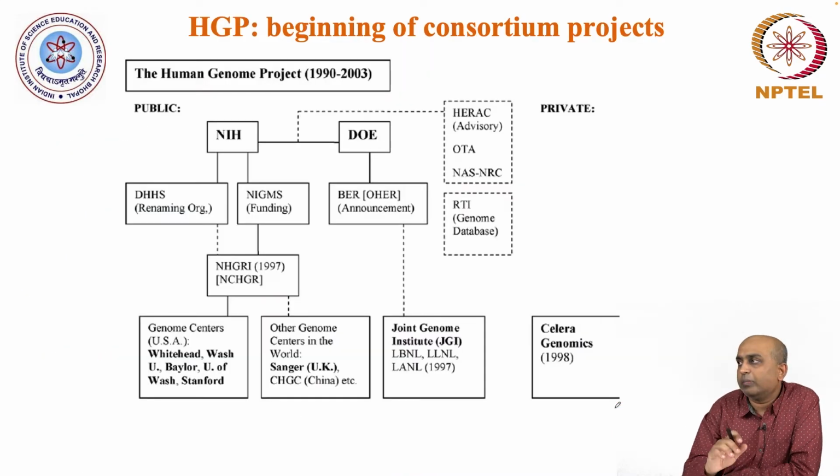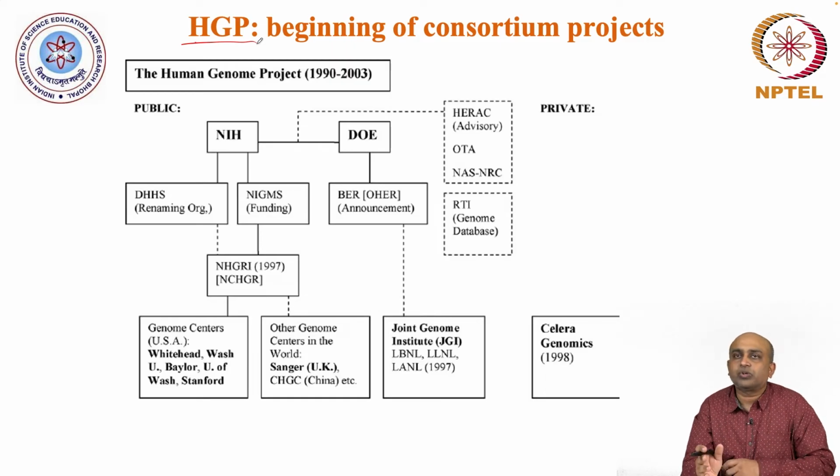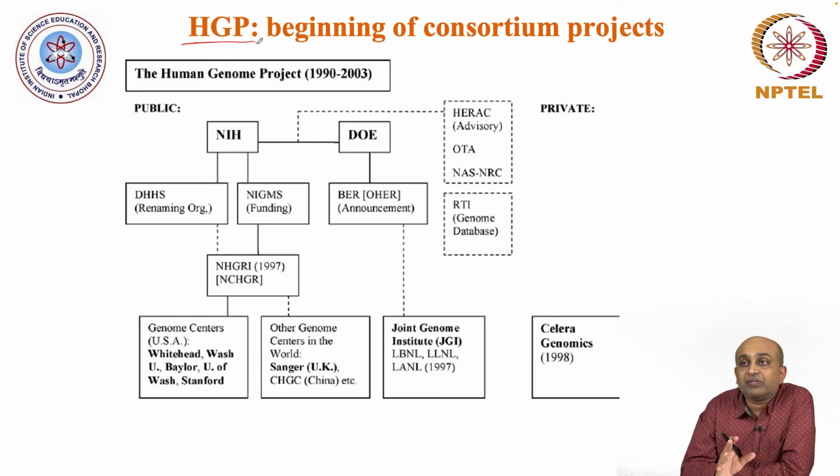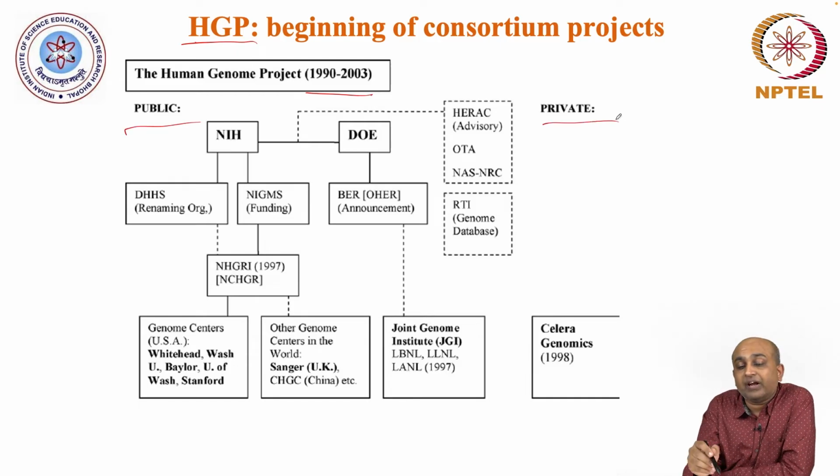So, now before we go into various examples of mega omics project, let us go back to our HGP or Human Genome Project. Because this is the beginning of all these consortium projects. So, of course, there were some smaller consortium before the Human Genome Project, but in many ways the Human Genome Project provides a model for how various consortium projects have developed over the years, and again it ran for more than a decade, right. So, the 90s way into the 2000s,